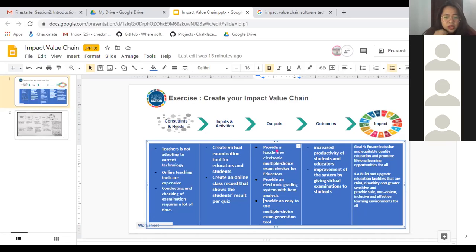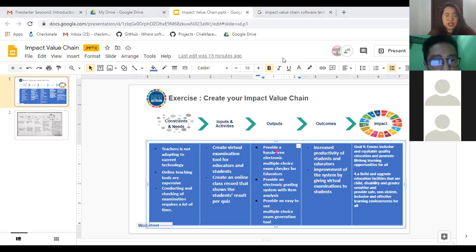Okay. Okay, good job, Checkmate. So, as you can see here, di ba sabi ko kanina, there is a possibility that your startup may not have a compatible SDG. Since the SDGs are sustainable development goals that are geared towards environmental change, as in global change, it doesn't mean na wala kayong impact.